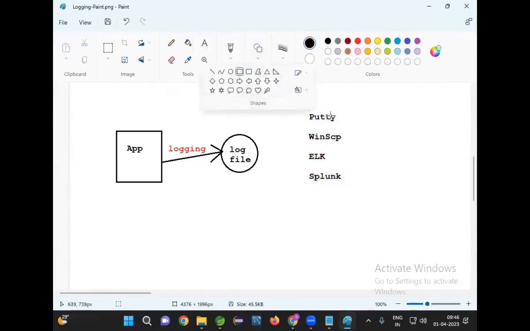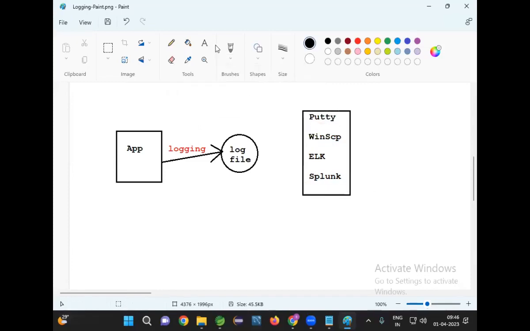By using PuTTY, WinSCP, ELK, or Splunk, we can connect with the log file. The project will decide which software we need to use to connect with the log file and get the data